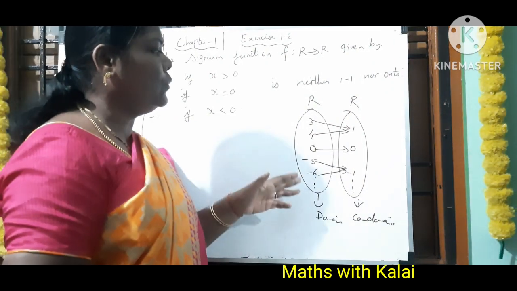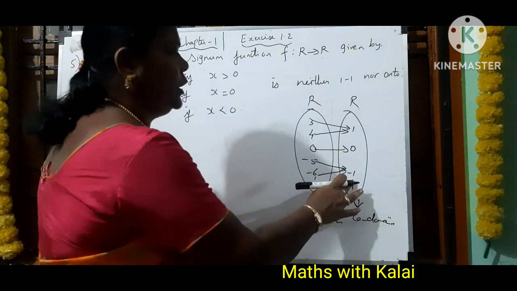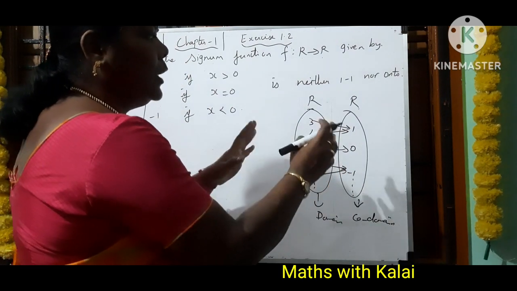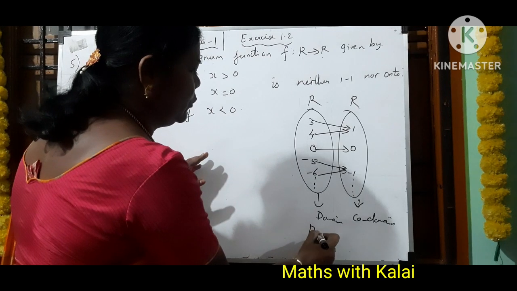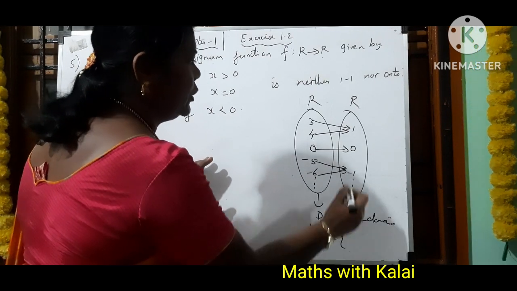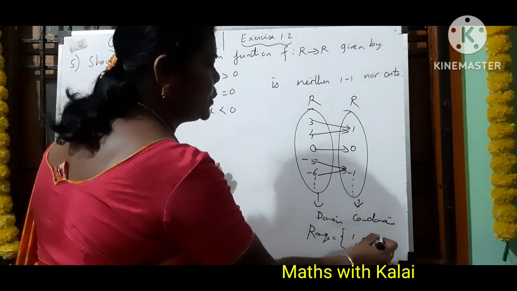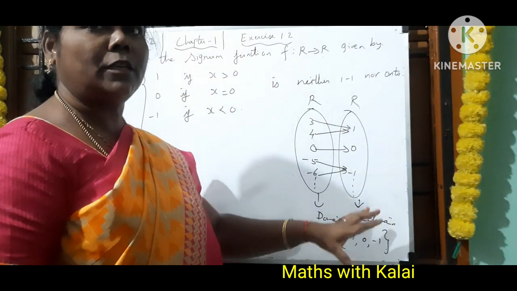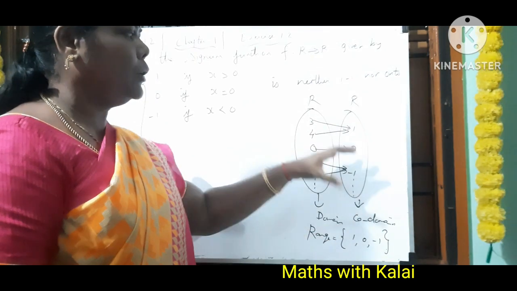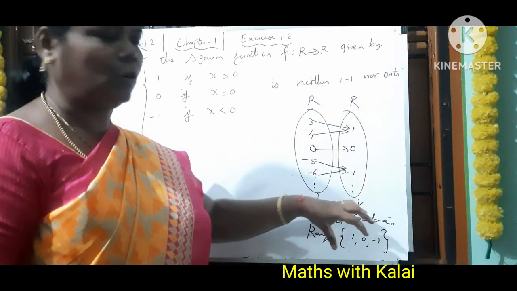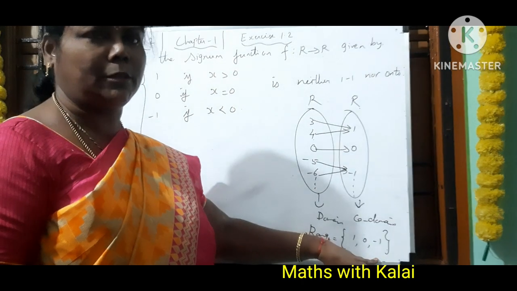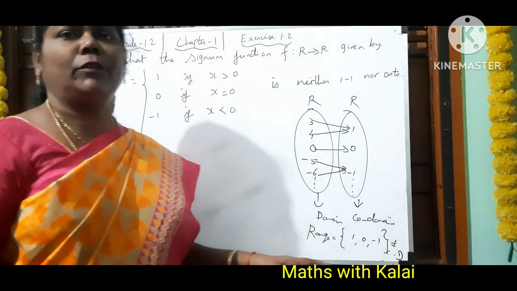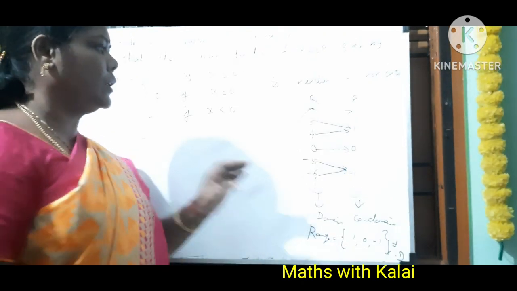And whether it is onto function or not, you have to check it out. Onto it is not. Actually, all the elements are there, but when you consider the range of the function, as per the definition, it is only 1, 0, minus 1. These are the three elements you have in our range. But if you consider your codomain, it is equal to the entire real number. இல்லையா? அப்ப codomain ங்கிறது வந்து real number full எடுத்துட்டு இருக்கோம். ஆனா range ங்கிறது இந்த மூணு elements தான் வருது அப்படினா, this is not equal to codomain, of course. அப்ப what can you say? The given function is not onto. Okay வா? So இதான் நம்மளோட problem.